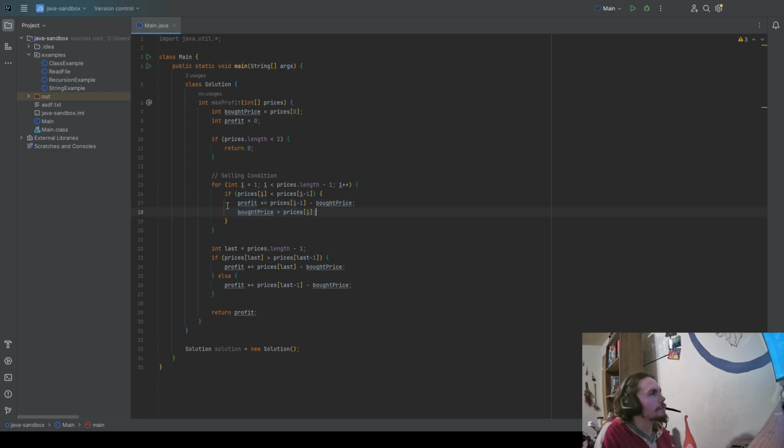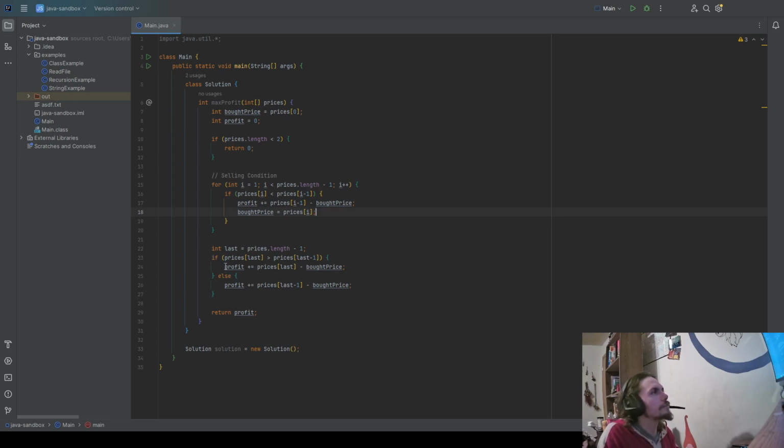So the profit, you're going to add to it the last day's profit minus the bought price. And then the bought price is going to equal the day that you sold. The bought price is going to be the index after the price that you should have sold, so the current index that you were on. That was really confusing, and it didn't need to be. Anyways,